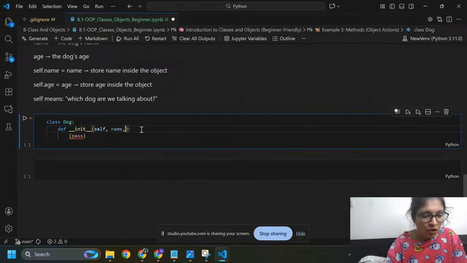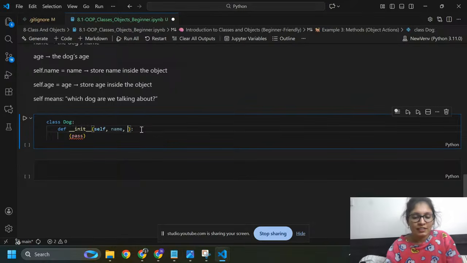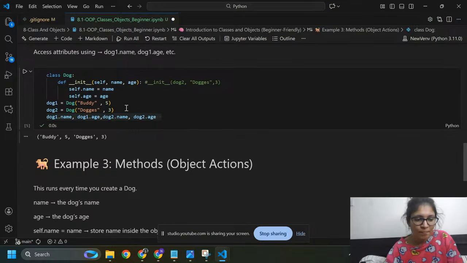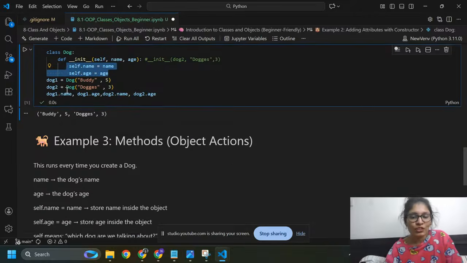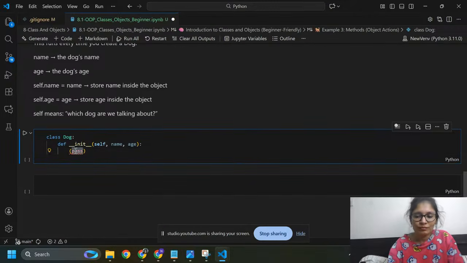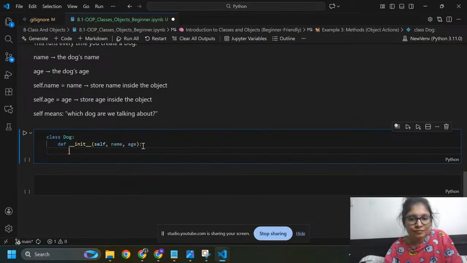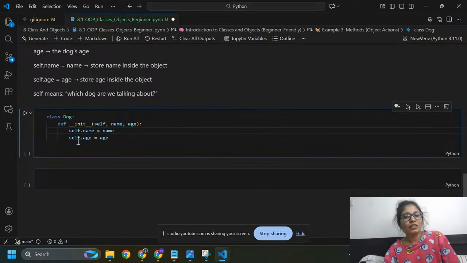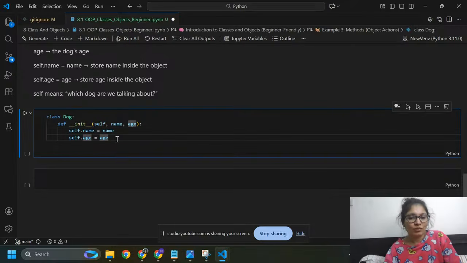Name of the dog and age of the dog, colon. Here I need to copy these: self.name and self.age. So self.name is the name of the dog, and self.age means the current age of every new dog.